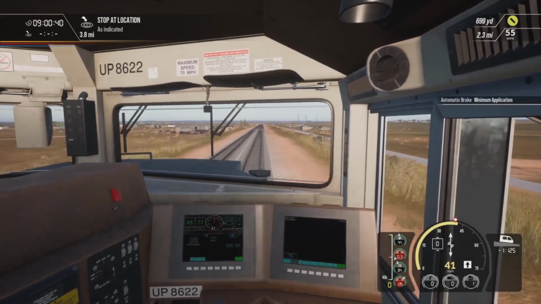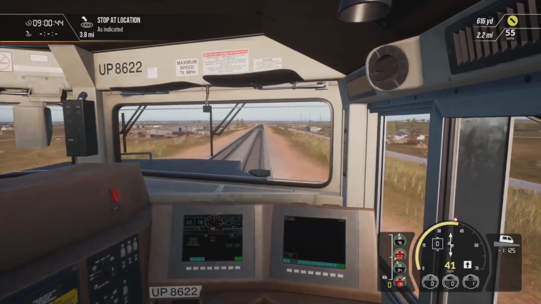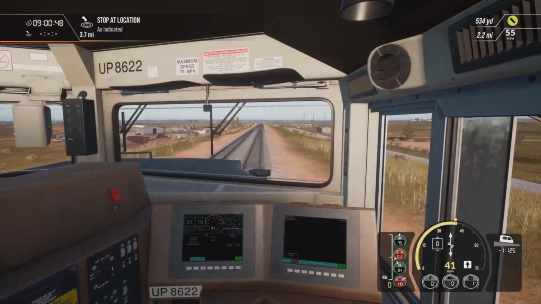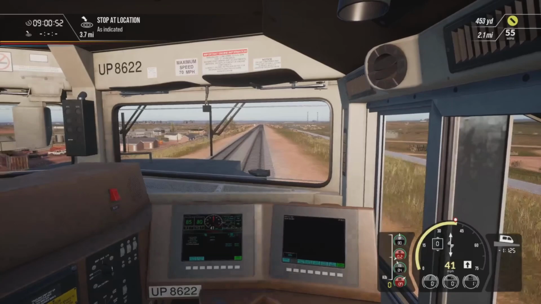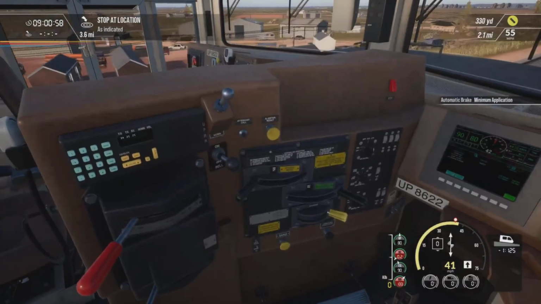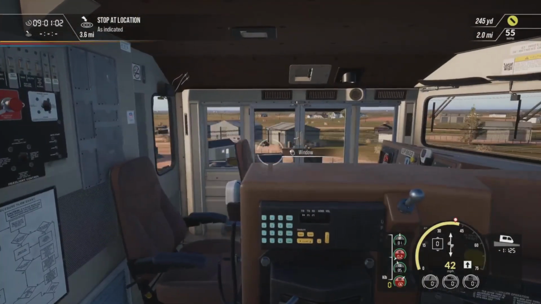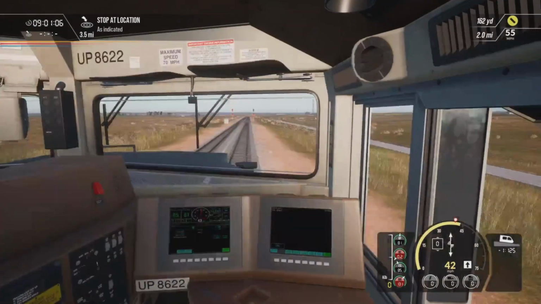And do I prefer the SD70 Ace over the AC4400 and the C40? I quite like the C40. I prefer the C40 over the AC4400, as it's sort of more old school and doesn't have all the screens. I think I do prefer this one. Yeah, obviously it's only the first time and it's the new one as well, but I think I do prefer